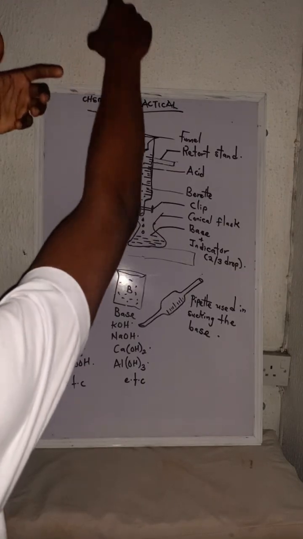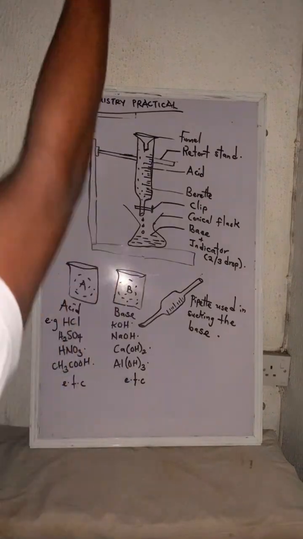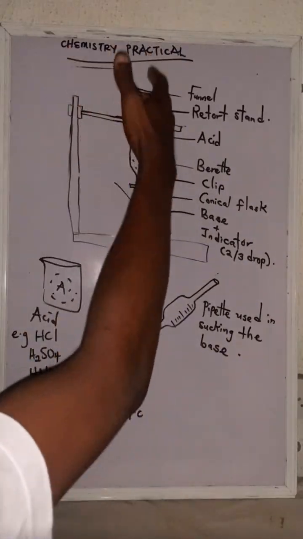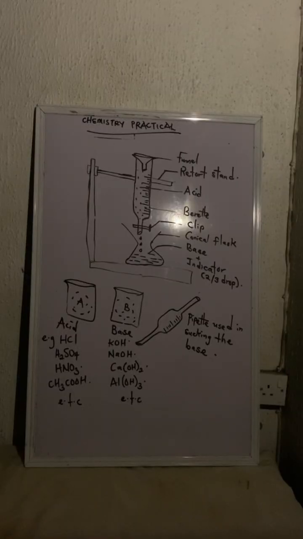Imagine my hand is just shaking and somebody pushes you, there's the chance that I can pour the acid on my body. So you have to make sure that the setup that you have created is not too tall. It should be within your reachable height, so you can easily reach it. So you have to be careful. So while you pour the acid